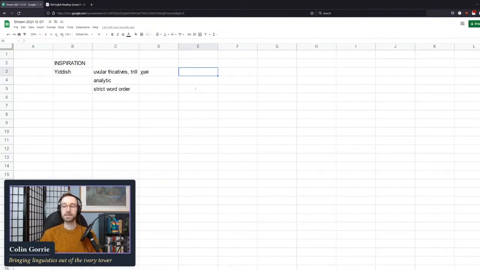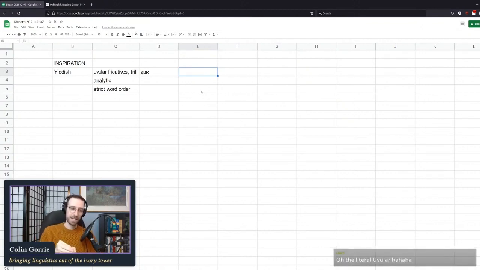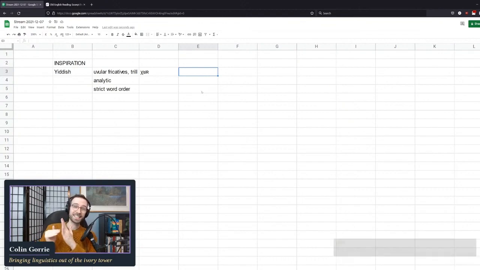And the uvular fricative is a sound that's made when you narrow airflow. Any fricative is a sound made by narrowing airflow such that a high frequency noise is produced. In the case of a labial fricative, it would be something like v. In the case of an alveolar fricative, that would be the tip of the tongue against the alveolar ridge, making something like s. So you hear that high frequency noise. And then a uvular fricative is something like